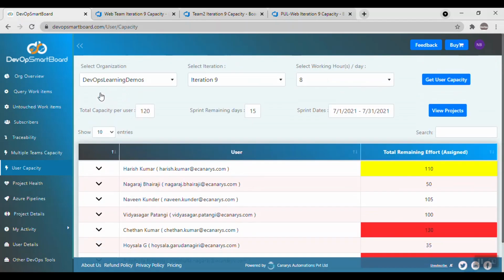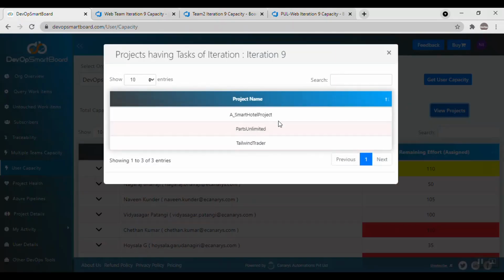Okay, this entire report is based on a concept that all the team projects are following the same iteration cycle, same release cycle. I can also see how many projects are following the same iteration cycle. So here if I click on projects, I can see all these projects are following the same iteration as a sprint or release cycle.